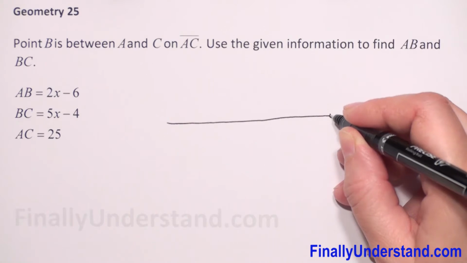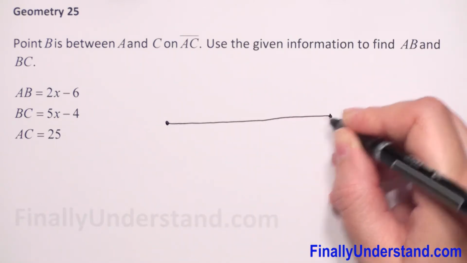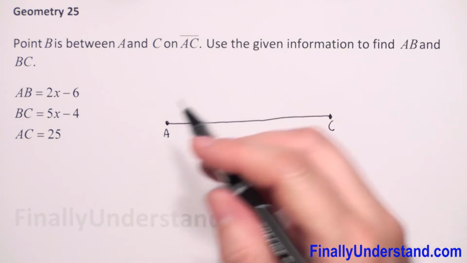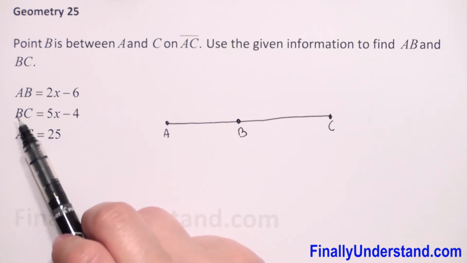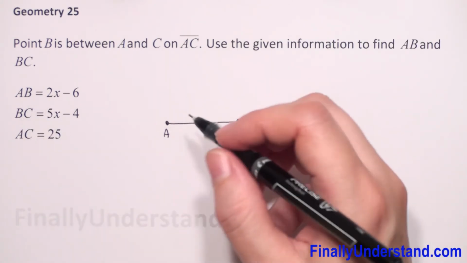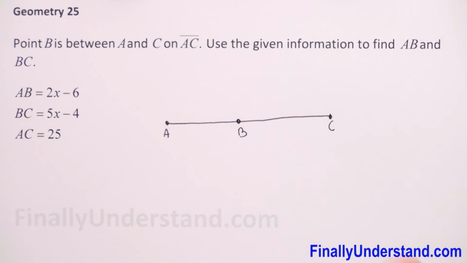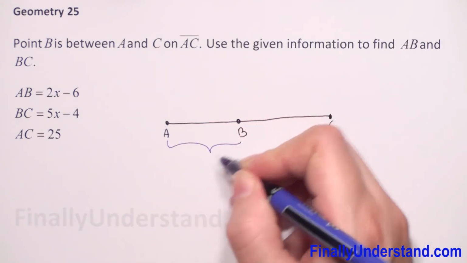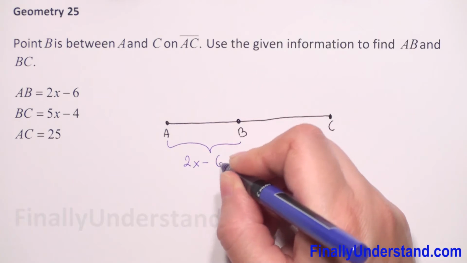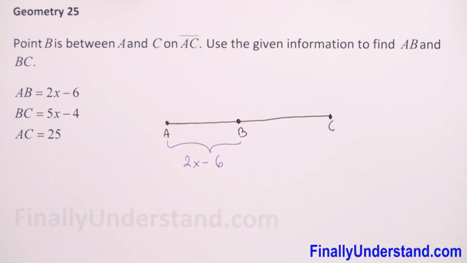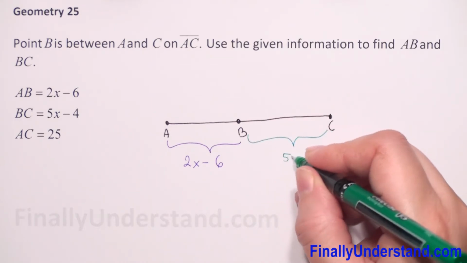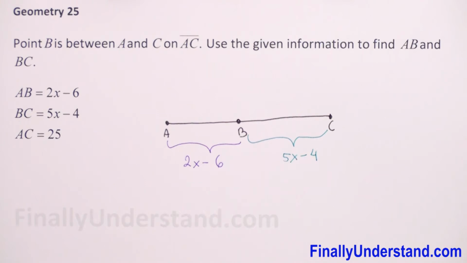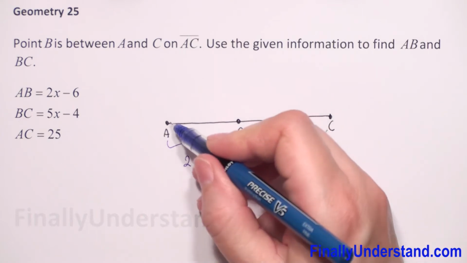We have given segment AC. Point B is between A and C, so this is our B. We have given that AB is 2x minus 6, and we have that BC is 5x minus 4. What else we have given? That length of AC